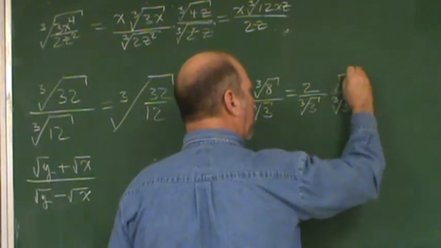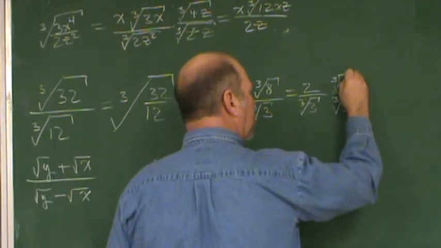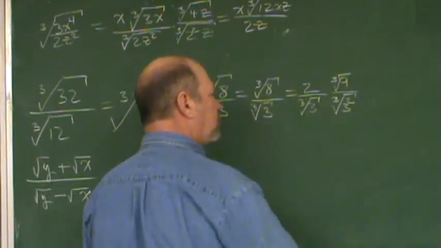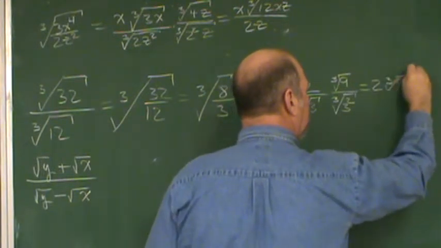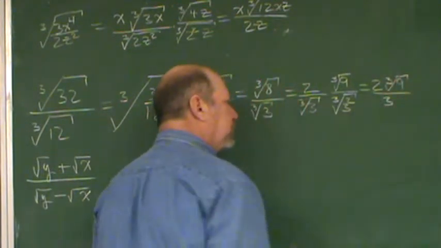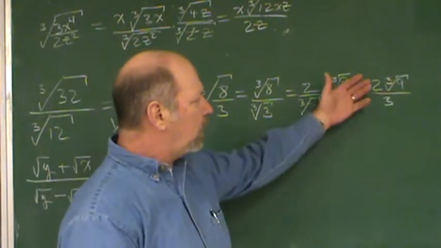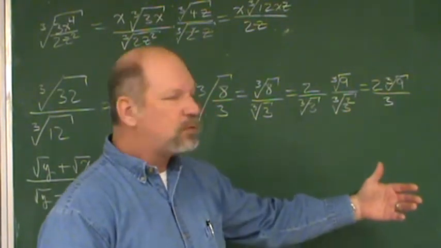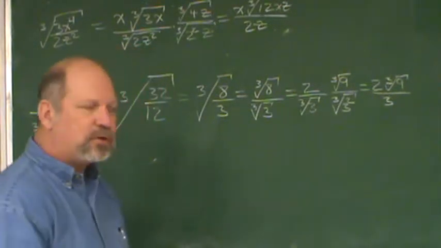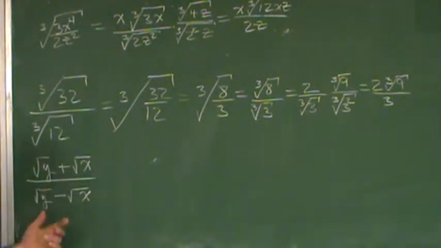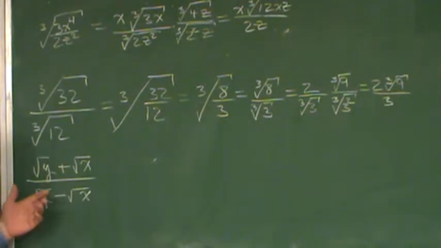Now, keep in mind, you're really multiplying by 1. So you're going to multiply, 3 squared is 9. And this turns into 2 times the cube root of 9 divided by 3. It's not a bad idea to look and make sure you can't reduce your final answer. In both these cases we couldn't. Okay? Now for the third example I have for you, we have the square root of y plus the square